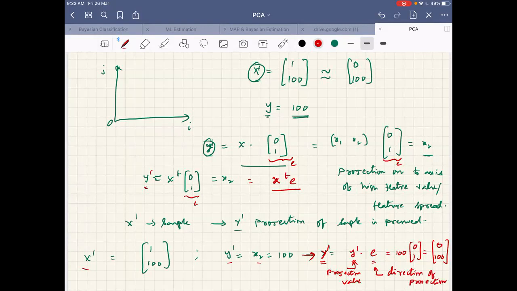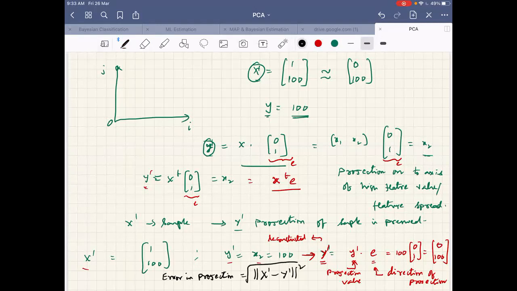Using these two, whatever I have reconstructed, this is reconstructed Y, in original dimensions, in 2D. So now, if I want to quantify the error in projection, how do I quantify it? Yeah, Euclidean distance between X and Y dash, capital X and Y dash. Fine. So this is the error in projection.